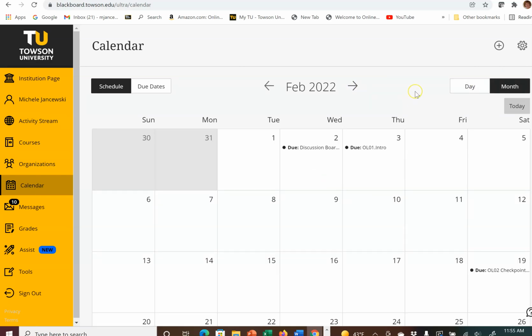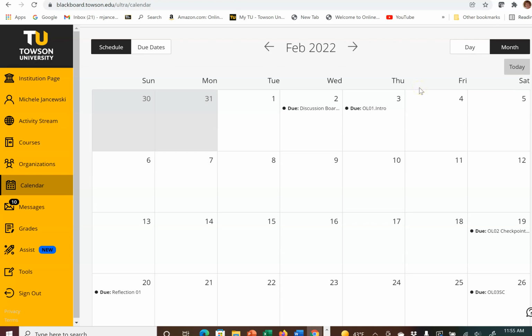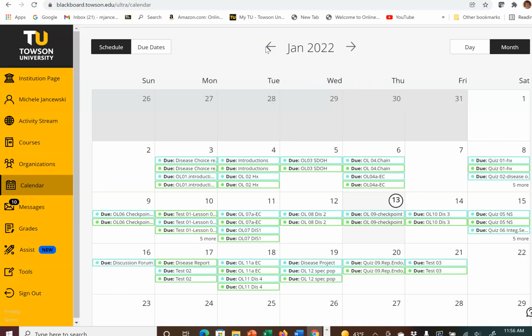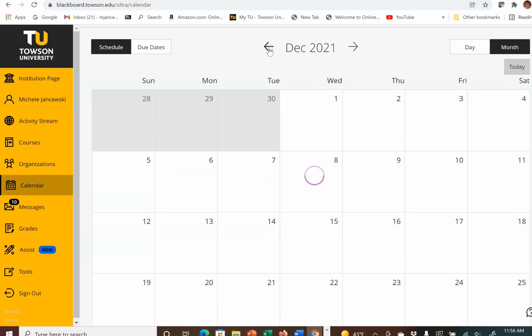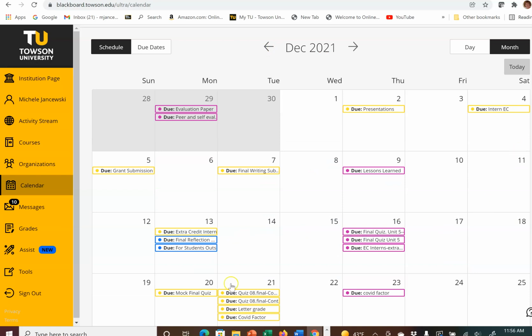So what you have here is the calendar. Any professor who collects assignments in Blackboard, the assignments will appear on this calendar, and each class is a different color. So right now on my calendar, your class is black. But if you go back to December, you can see I had different classes running, and each had a different color,